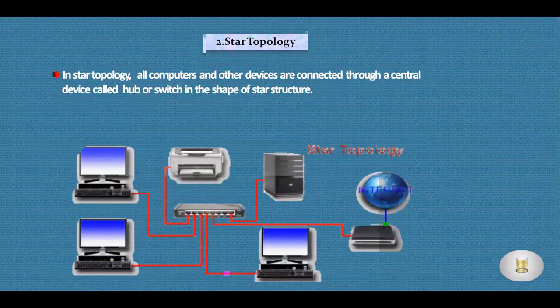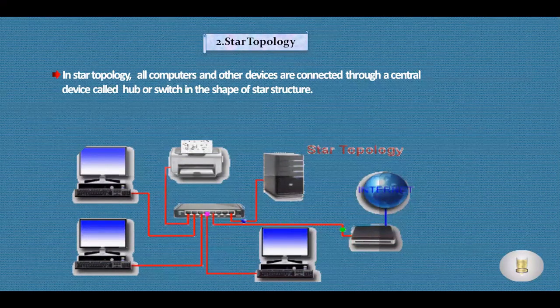Star topology. In star topology, all the computers and other devices are connected through a central device called a hub or switch in the shape of a star structure.